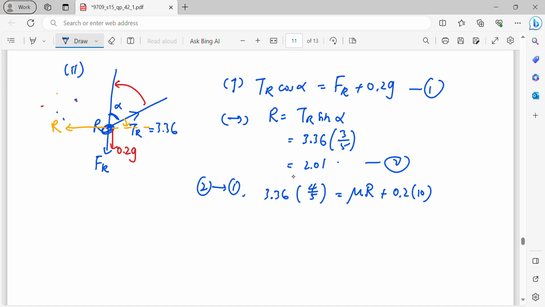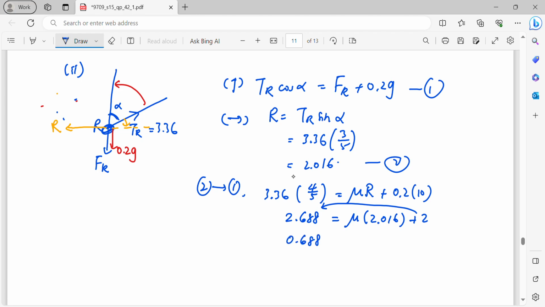Oh, sorry. The R, when you calculate, it will be 2.016. Okay, 2.016. So from here, I will count this value on the left hand side is going to be 2.688, then equals to, the mu is unknown, the R is 2.016, so 0.2 times 10 is basically 2, so plus 2. Now these two move to the left hand side, so I will get